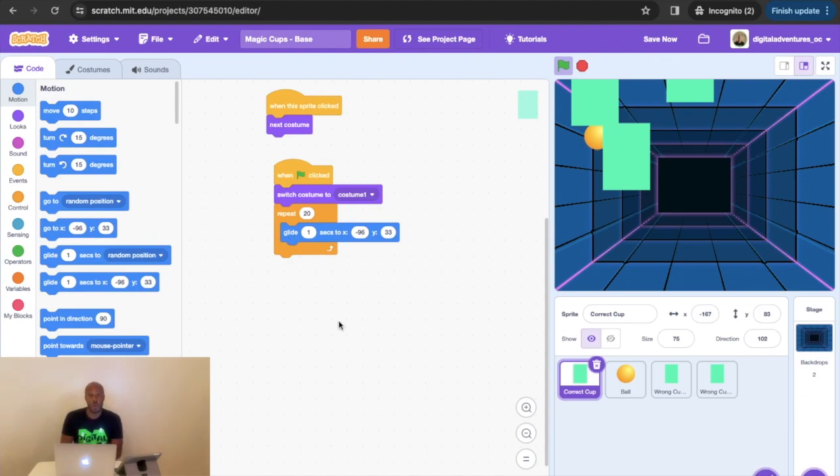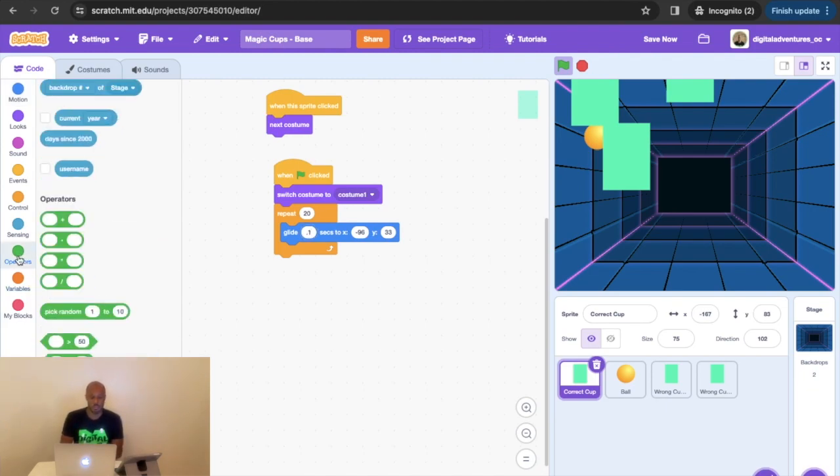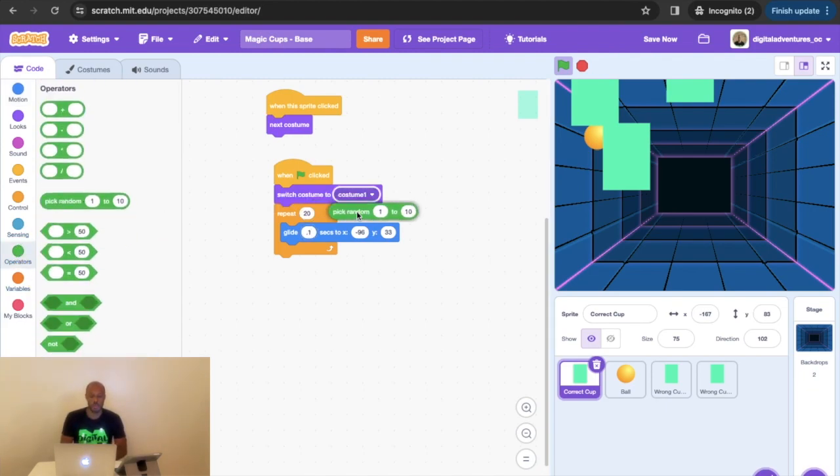Glide starts off at 1 second, and that really determines the speed of how our cup moves around. I want my cup to move a little bit faster, so I'm going to change that to 0.1 seconds. And then we don't just want it to go to one position, we want it to randomly spawn throughout the screen. So we're going to go into operators, we're going to get 2 pick random blocks, and the thing that we're going to do here is change this range